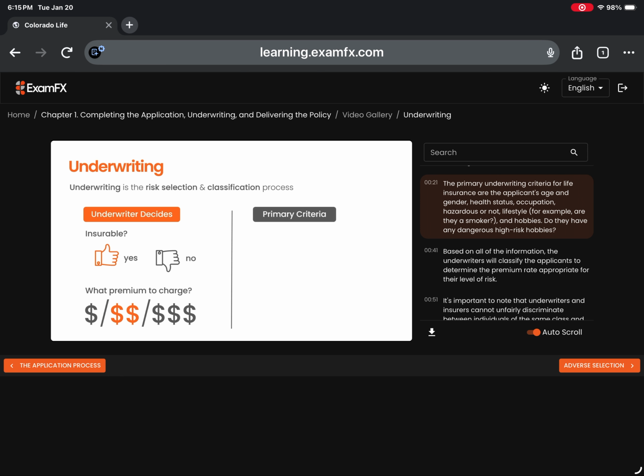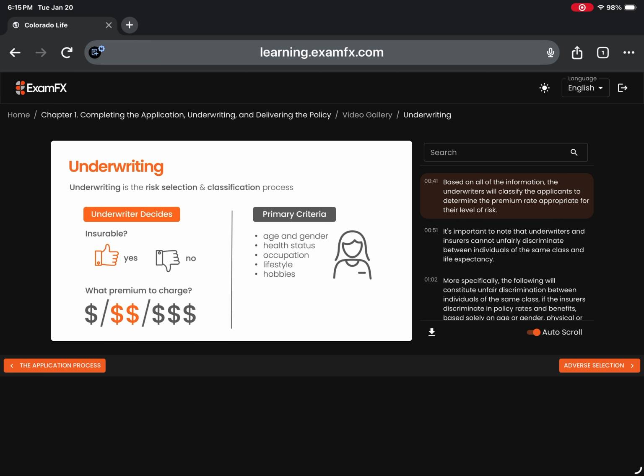The primary underwriting criteria for life insurance are the applicant's age and gender, health status, occupation, hazardous or not, lifestyle, for example, are they a smoker, and hobbies. Do they have any dangerous, high risk hobbies? Based on all of the information, the underwriters will classify the applicants to determine the premium rate appropriate for their